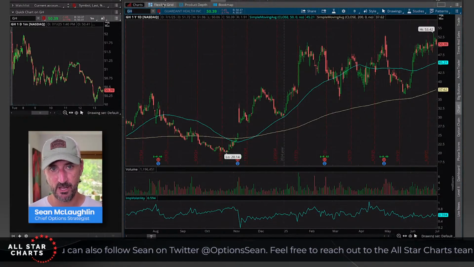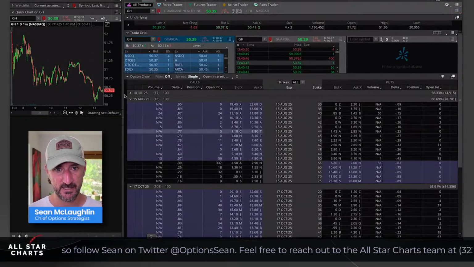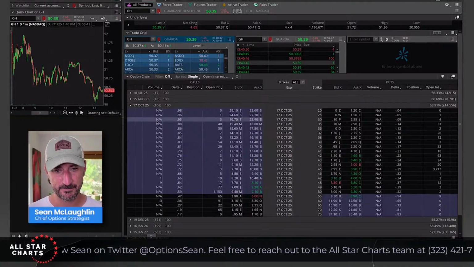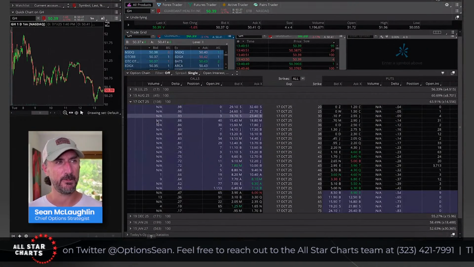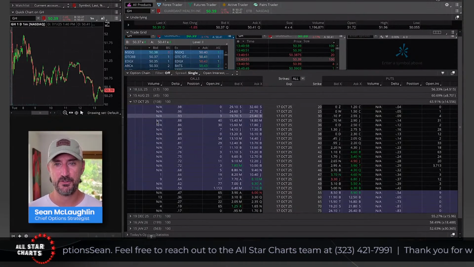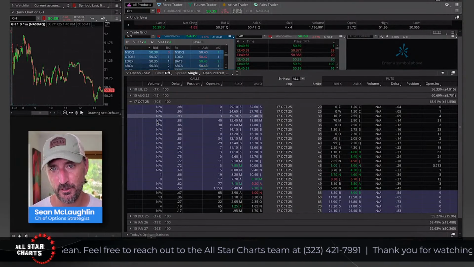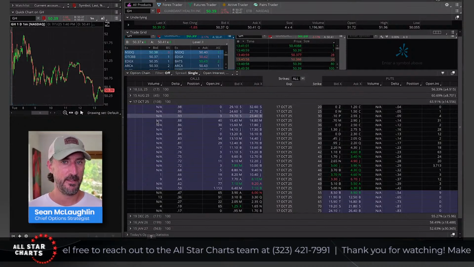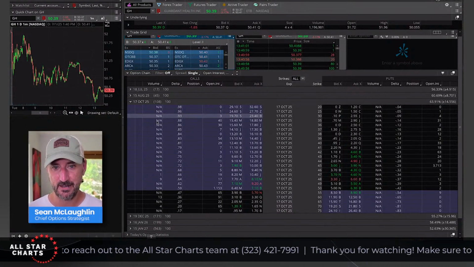But just for argument's sake, let's look at the options chain. Let's go out at least 3 months. Which, by the way, someone might be asking, Sean, why do you look 3 months out? Why don't you just buy something that expires in like 3, 4 weeks or 5 weeks? Nothing wrong with doing that, guys. Nothing wrong with that at all.